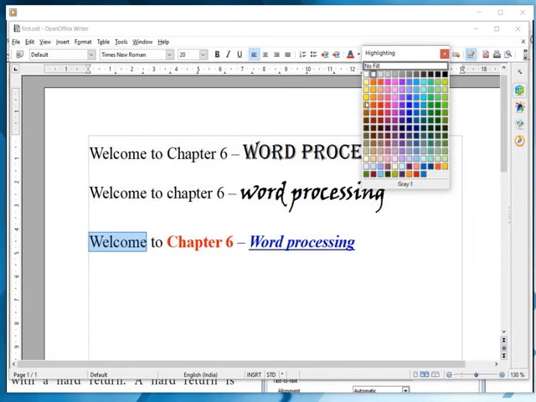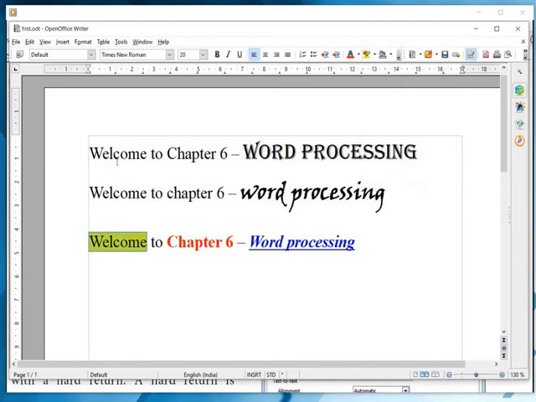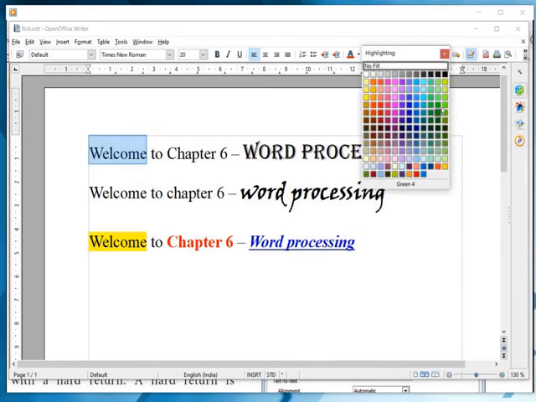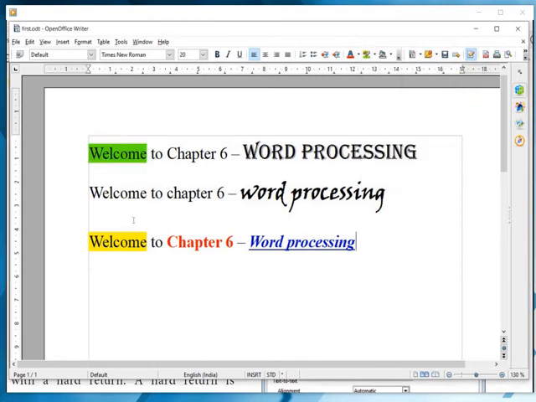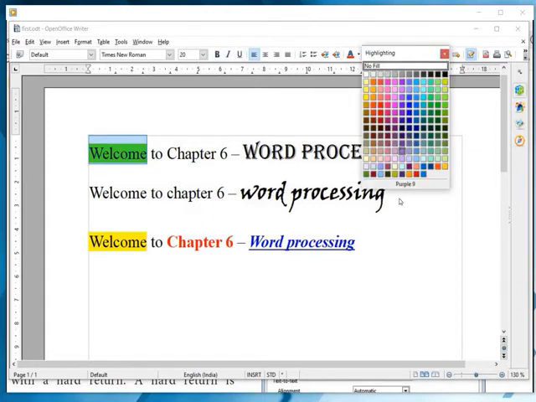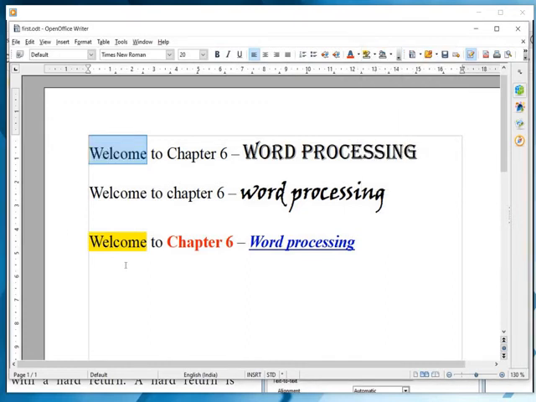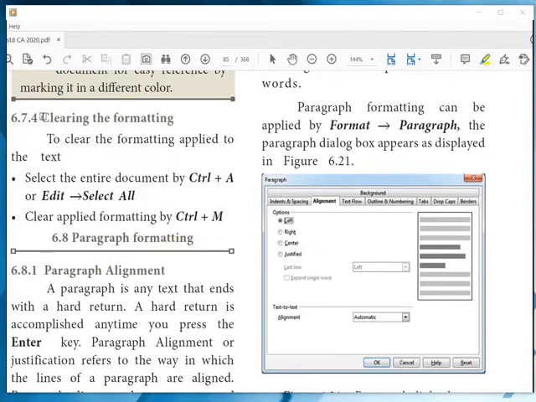Go to that icon, select a color. You can select any color from the color palette. If you don't want it, select the same text, go to that icon, select No Fill. The highlight is removed. So this is how to highlight and how to remove the highlighted text.